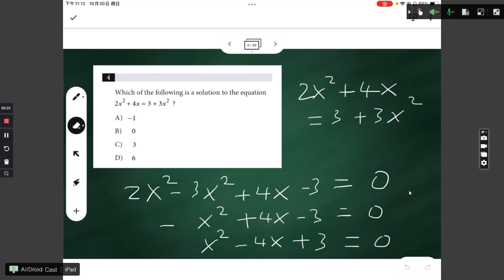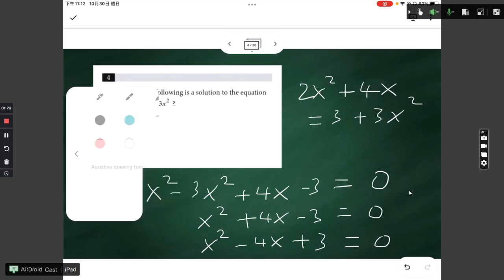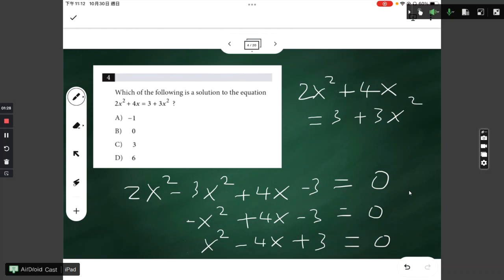All right, I'm going to write this so that it's closer. This is negative x squared, and then plus 4x, and you have a minus 3 right here. And we're trying to get rid of the minus sign here. The way to do it is by multiplying every term by